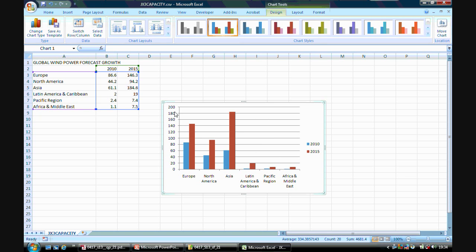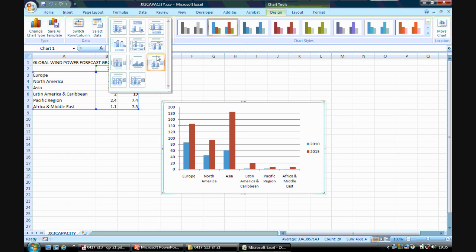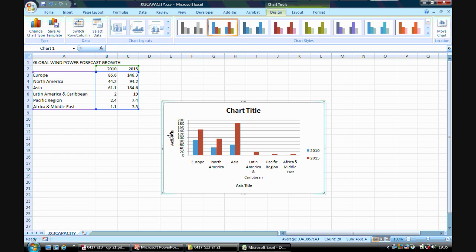I've got the wind power capacity as my title on the vertical axis. On the horizontal axis, I've got the region names and I've got a legend on the right hand side. So I need to fully label this graph. An easy way to do it is click on Design. I click on this arrow and I choose one which has a title at the top, a y-axis title, x-axis title, and a legend. So I click on here. As you can see, it says a title, axis